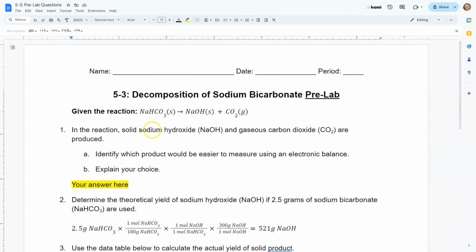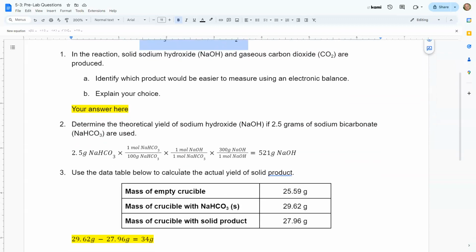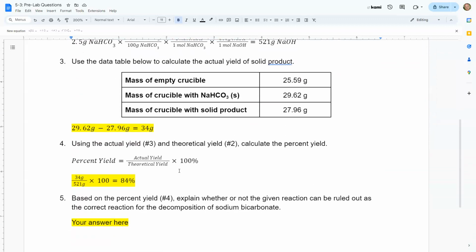So in the lab, you're going to get 4 possible reactions for the decomposition of sodium bicarbonate. One of them should be close to 100% yield because it's the correct reaction. The other 3 reactions are not correct, and your percent yield should be way off from 100%. This is a pretty simple reaction. The results are usually pretty good. So whatever reaction is closest to 100% should be the correct reaction. Anything that is off with a really low or something that is over than 100%, you can rule out as